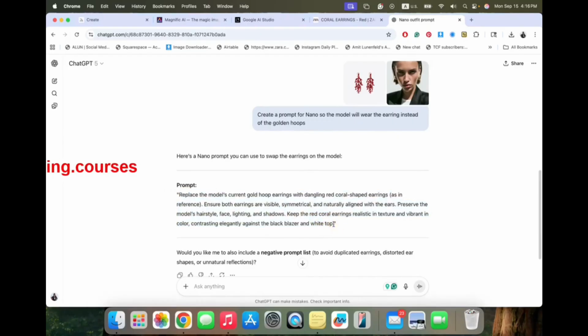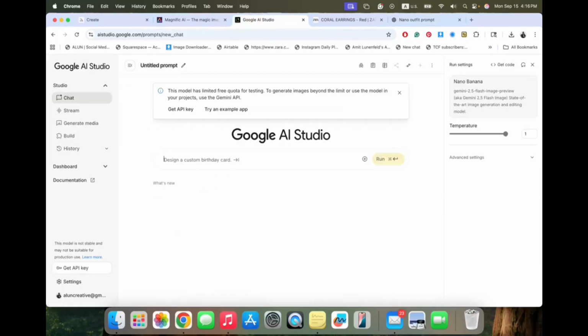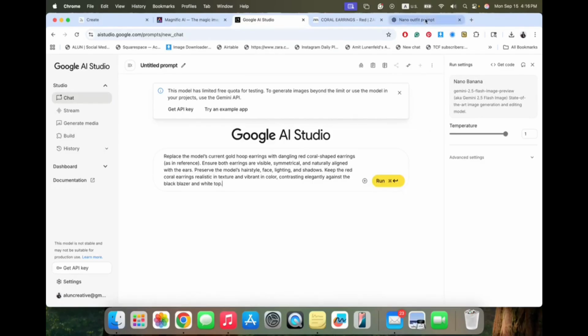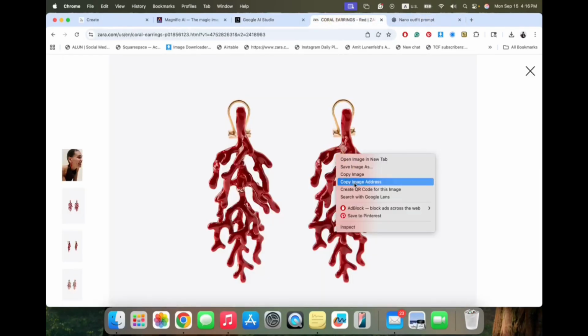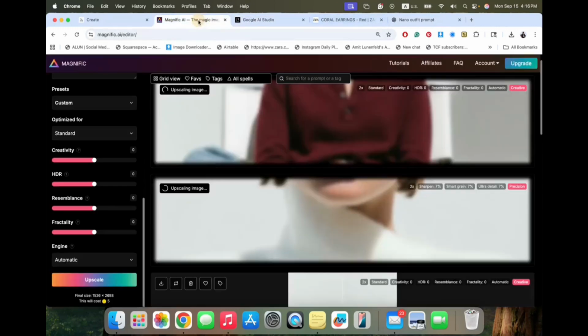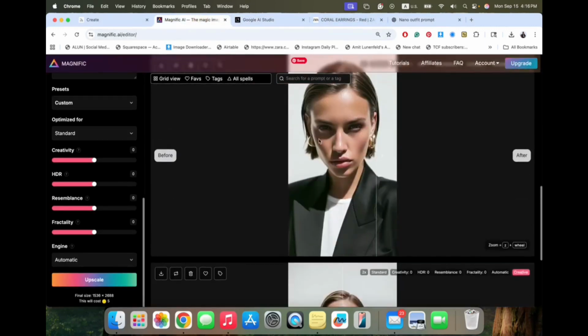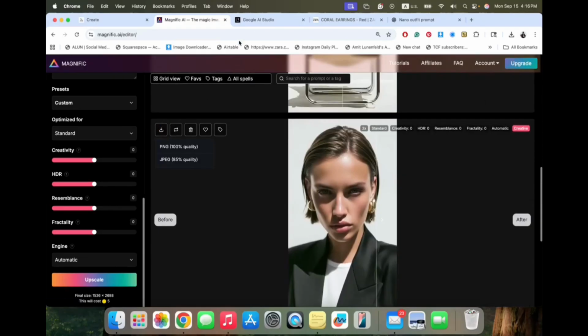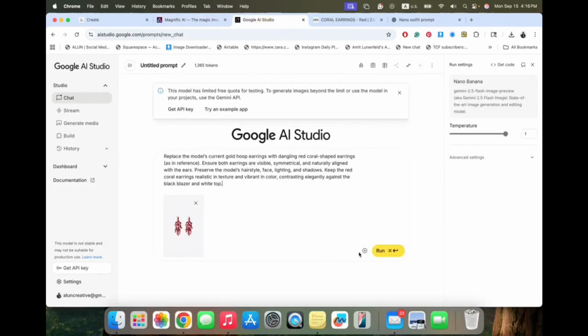So what we're going to do is copy the prompt into Nano, and we're going to add the image. So we're going to go into Zara, paste it in here. Now we're going to take the model from here, download it, and she's here, and we will create it.